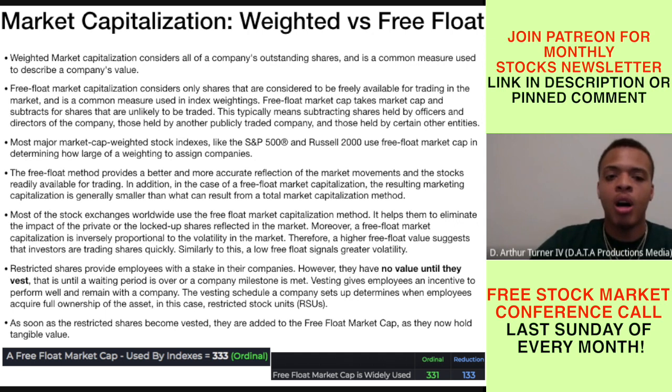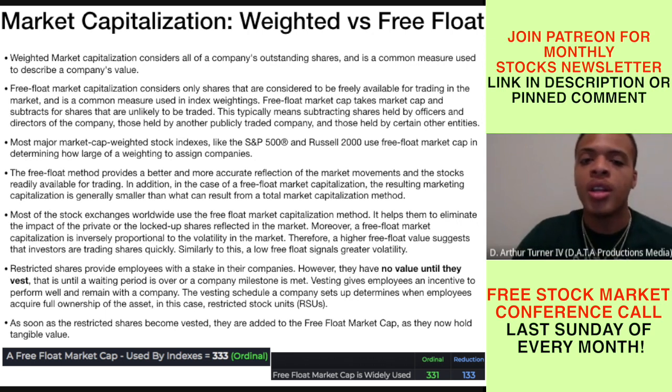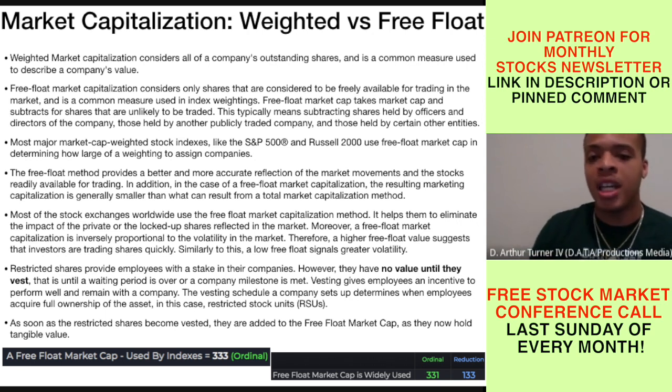The free float method provides a better and more accurate reflection of the market movements and the stocks readily available for trading. In addition, in the case of a free float market capitalization, the resulting market capitalization is generally smaller than what can result in a total market capitalization method. So yeah,